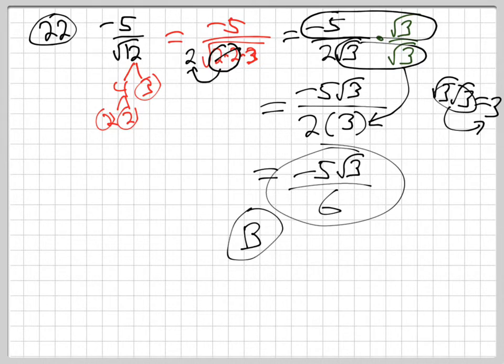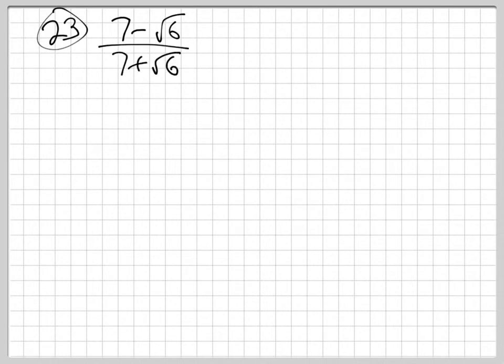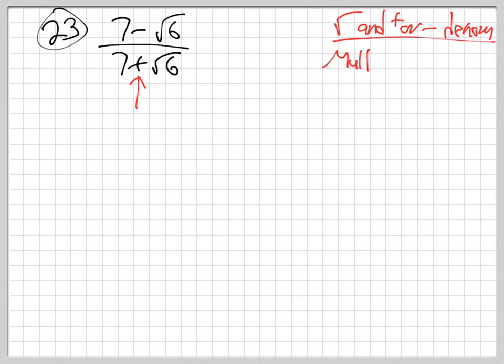All right. So now for number 23, 7 minus root 6 over 7 plus root 6. Okay, now this one's harder because why? The pluses. We not only have a root on the bottom, but we have plus or minuses. So when you have a root and plus or minus in the denominator, what do you do? You multiply